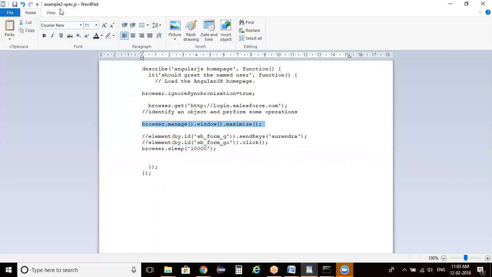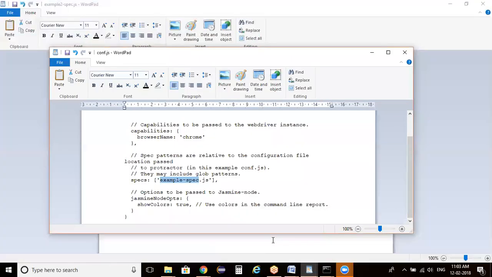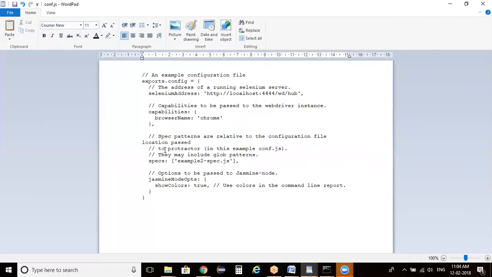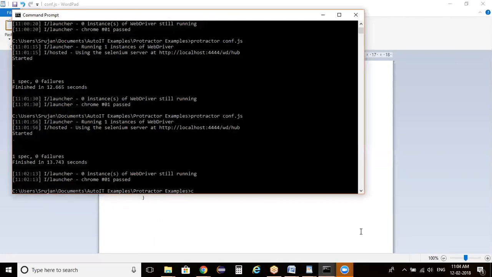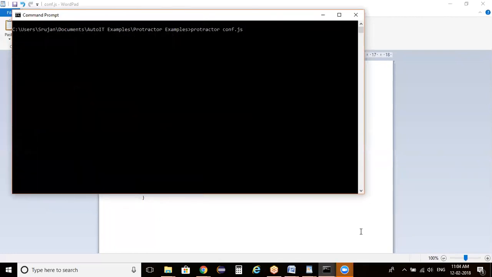And here my file name is example2-spec. So let me open my conf file. Here I am changing my spec file to example2 spec file. The reason is, whatever the spec file you want to execute, you just need to change the file. Hence I changed it to example2-spec. Great. Let me clear the log once again and let me run the script and see how it is